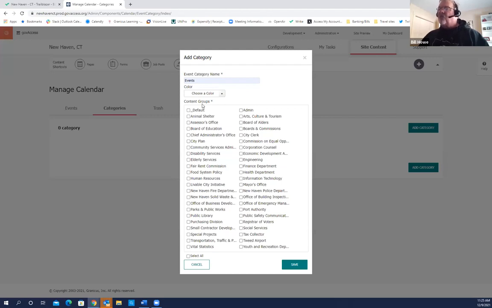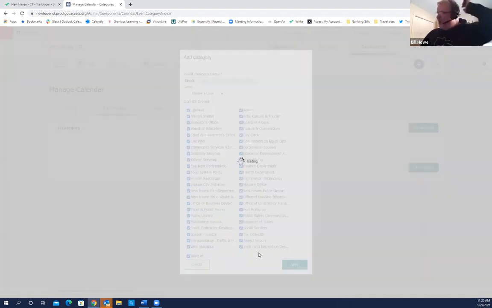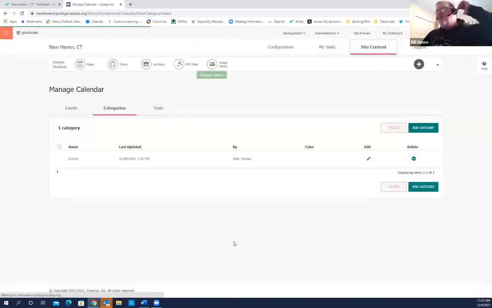But now we also get to choose what content group gets to use this category event name. You can see if I only want it for the city clerk, I'm only going to pick that city clerk content group. If I want everybody to have access to my category name events, I go select all, and now every content group has access to the category name event. So I'm going to click save. And what I mean by access to means they can build a calendar event underneath that category. All right, so let's go back to events